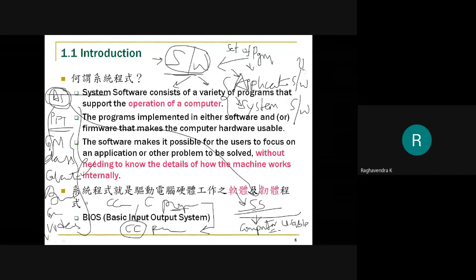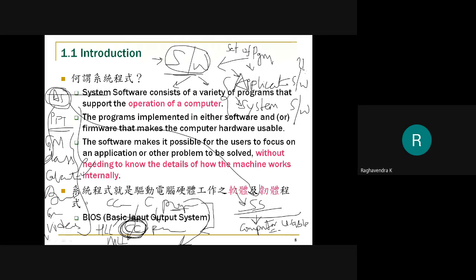So this program basically translates, it does not run by the way, but it translates your program from high level language, which is C, to machine level language. So we have written our program in high level language, which is C programming, and it will be converted or translated to machine level language. So this is one system software that we have actually made use of. What is the purpose of this system software? The purpose of the system software is basically to translate the program in high level language to machine level language.